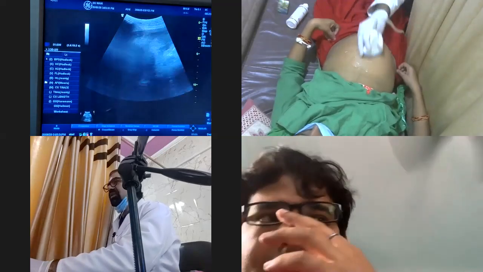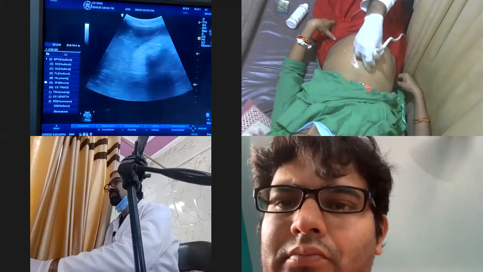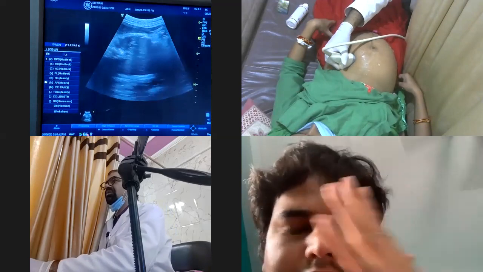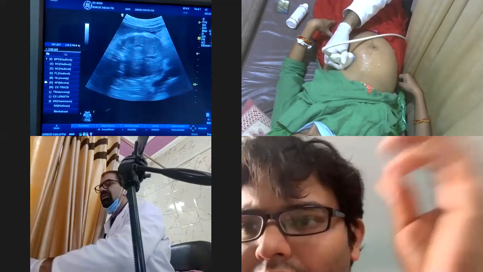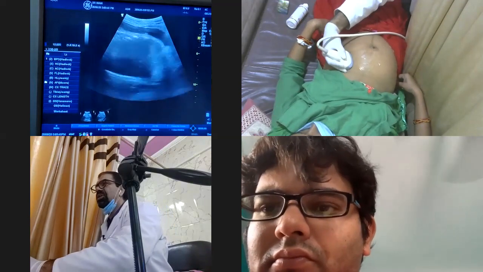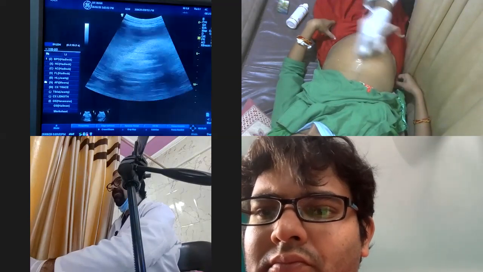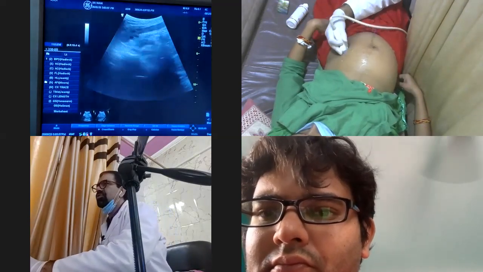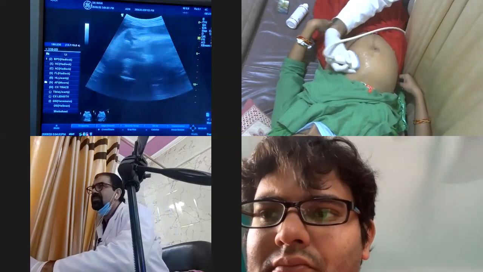So this is the fetal head. If the head is here, I will move up to get the femoral length. This is the abdominal circumference which is coming. I will not give you more detail because this has been taken in detail twice in 2 patients. So let me show something new in this patient.